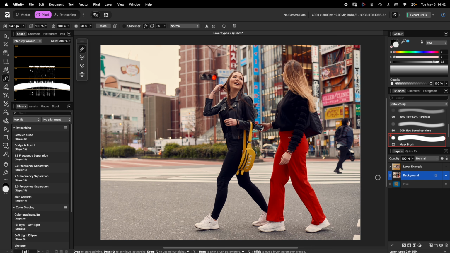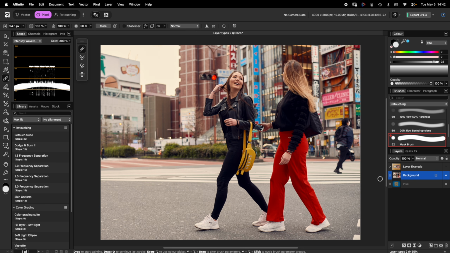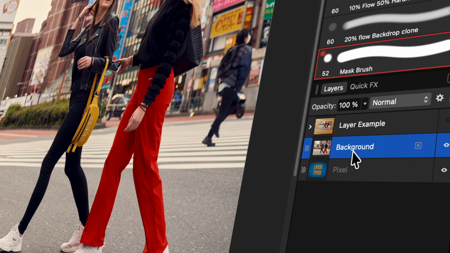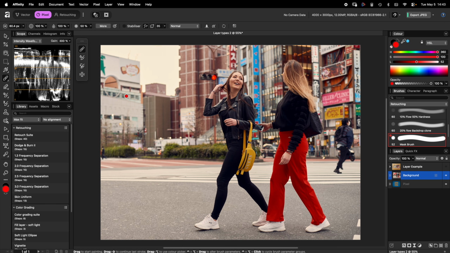And I think the first thing we have to ask ourselves is, why do we want to work in layers? If I want to paint and do some adjustments to this photo, why don't I just do it on this photo layer? So let's go ahead and try that and see what happens. If I click on the background layer, and let's just write a little message here. We'll say something like